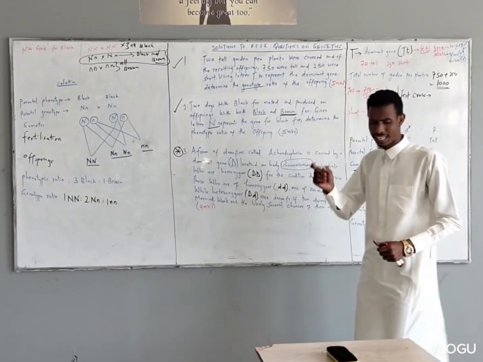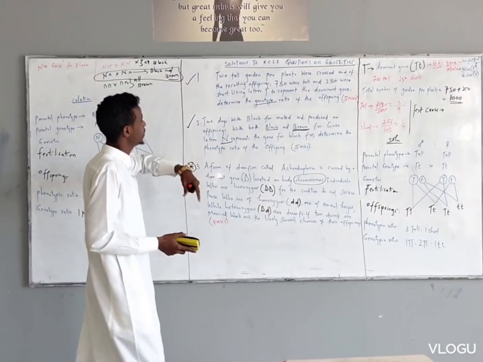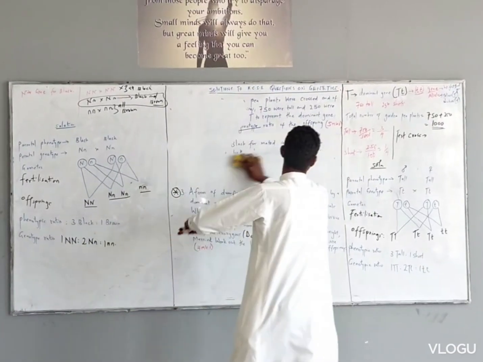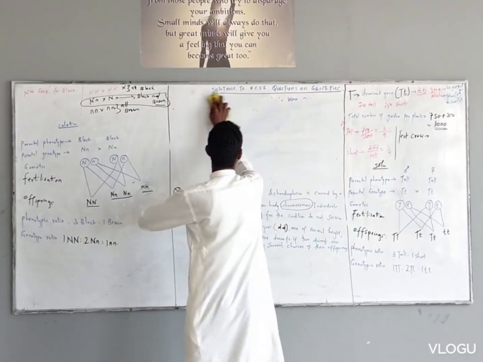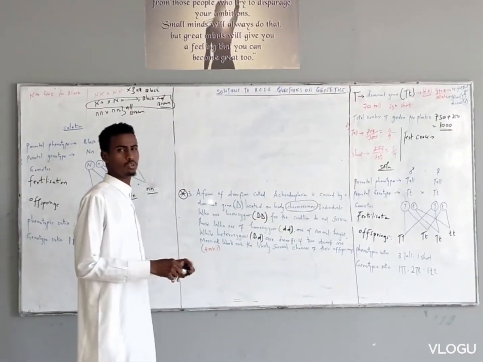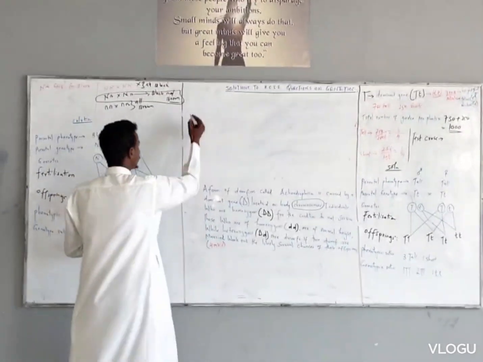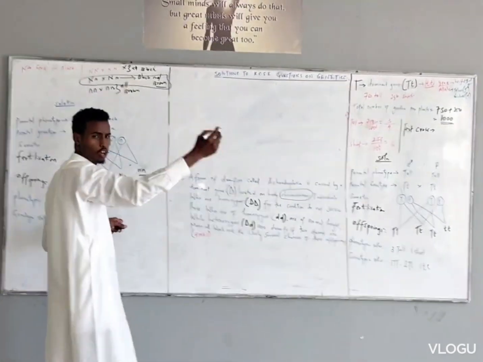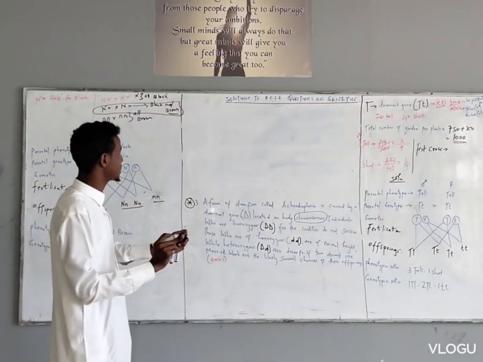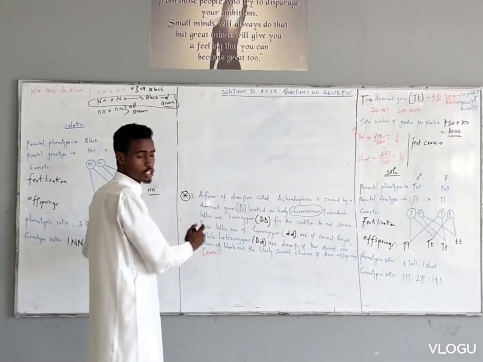But I want to just make an emphasis on some very important terms here, which I was just using anyhow before the lesson. I just want to familiarize you with some very basic terms in genetics. You may have seen that during our lesson we were saying the dominant gene, the recessive gene. The topic is called genetics, and genetics is the study of inheritance and variation. Sometimes genetics can be defined as the study of passing on of characteristics from the parent to the offspring.